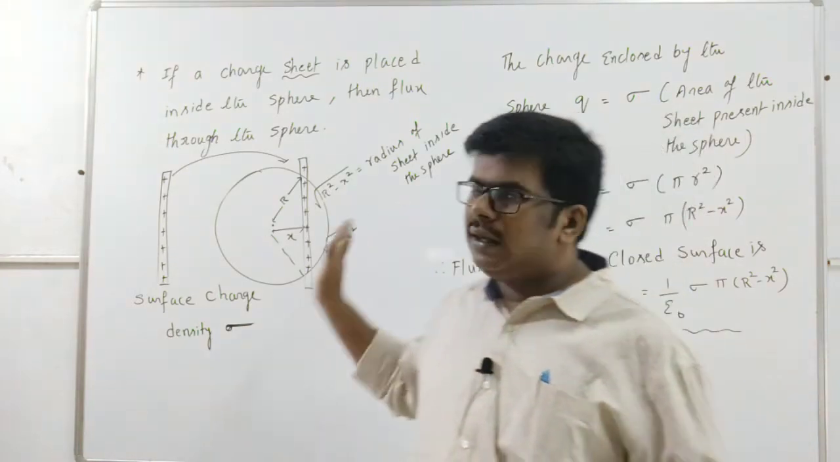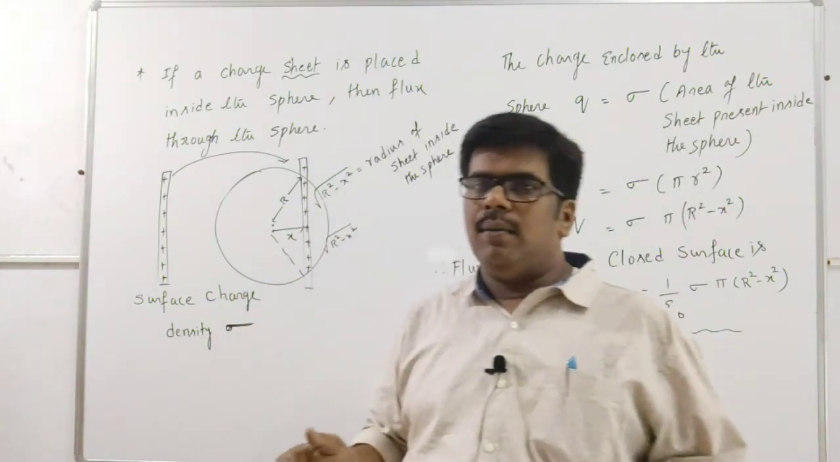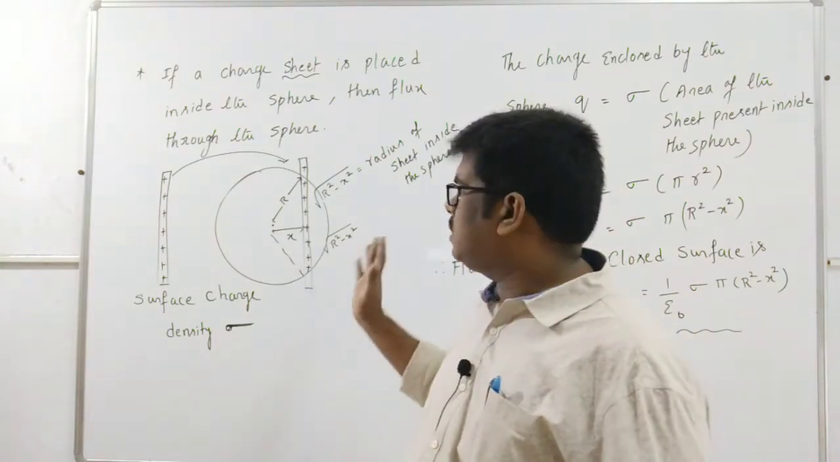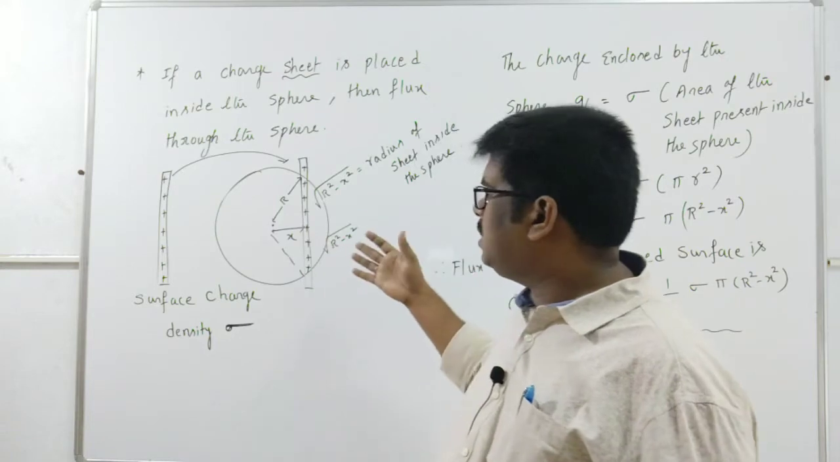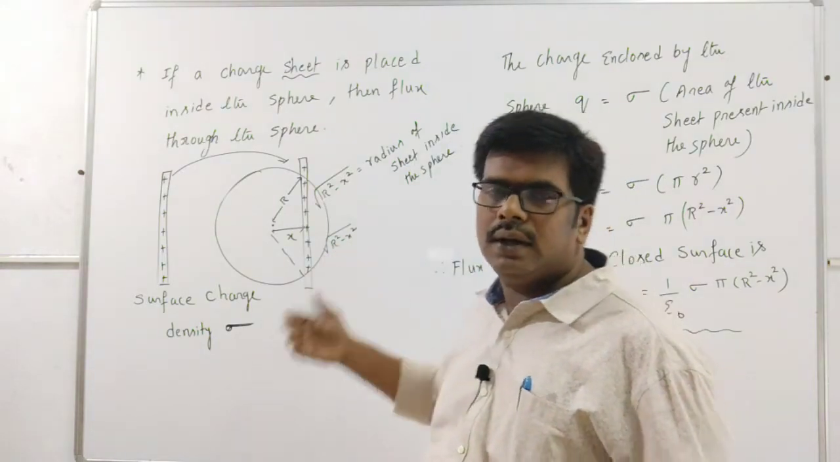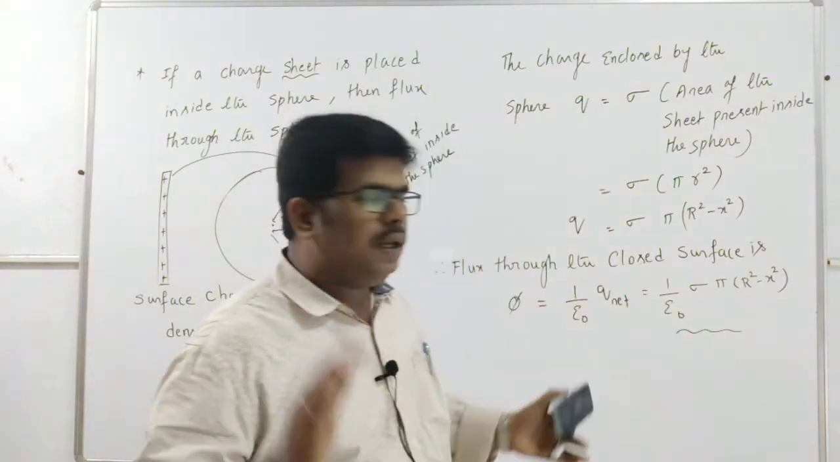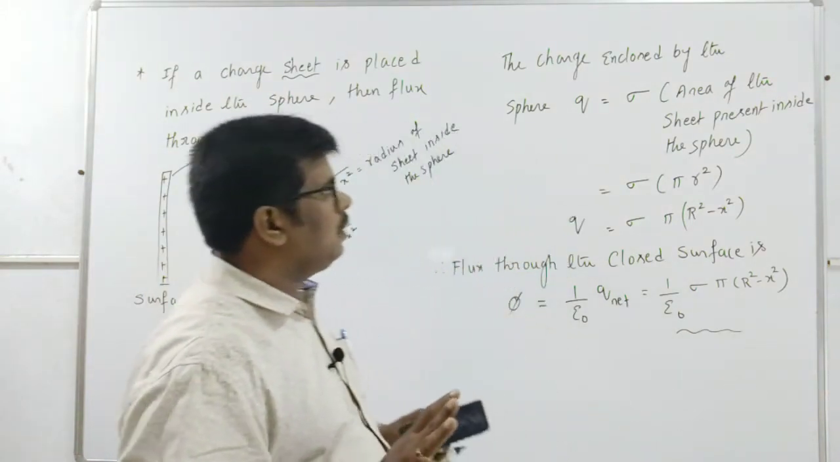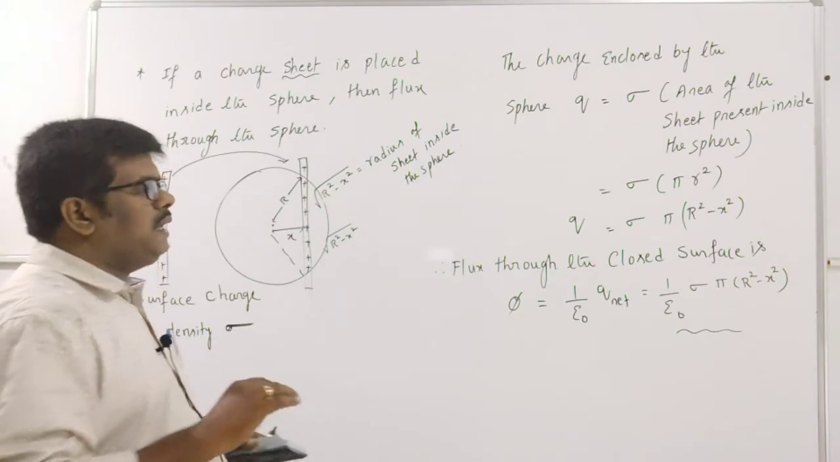If it is a sheet like that, with surface charge density, meaning plain sheets like that, what we are going to do is multiply the surface charge density by the area of the plate present inside it. So this is the thing you need to understand. Next,